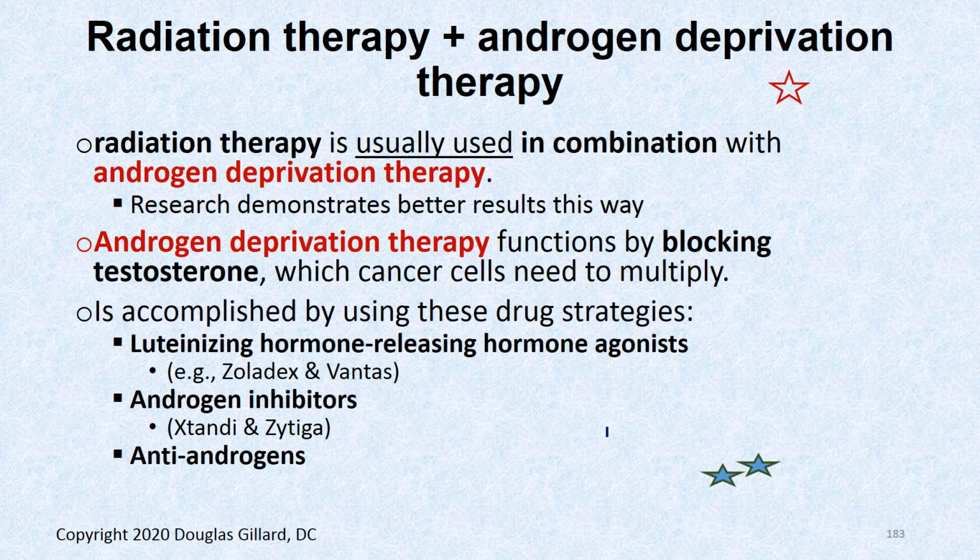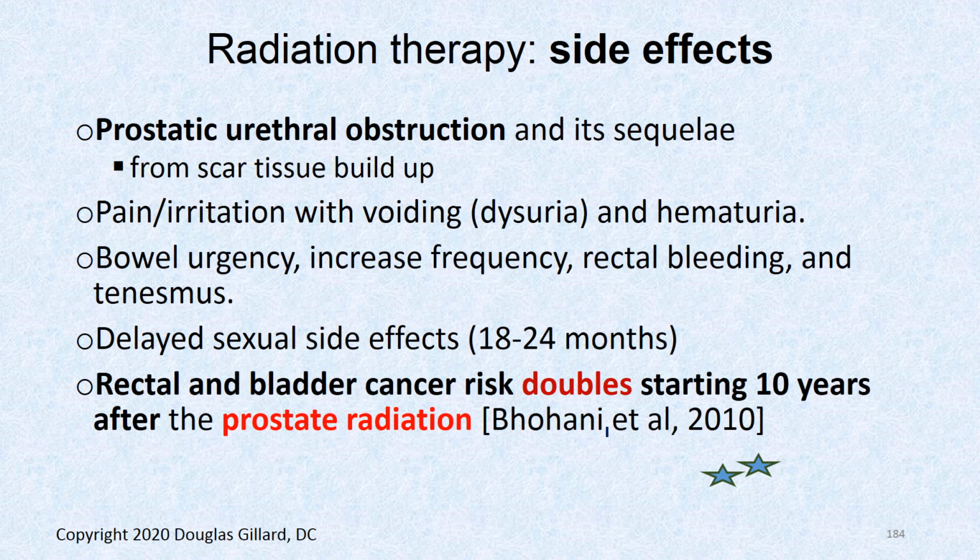And there are some drug strategies you can use, luteinizing hormone releasing hormone antagonists. They block the receptors for luteinizing hormone, which is needed to make testosterone. There are androgen inhibitors, and there are anti-androgenics. And yeah, the side effects to the radiation,